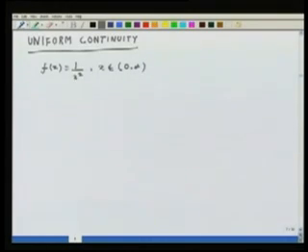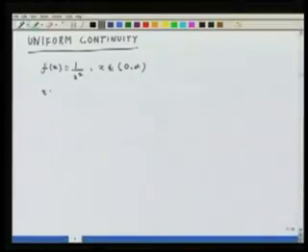Okay. I certainly cannot include 0 in the definition because 1 by x square will not be defined then. What I want to check is first that this function is continuous at every point of 0 to infinity. And to do that, I will try to show that given epsilon there exists a delta. I want to see how I find deltas, and how delta depends on epsilon, x or whatever. So choose a point x equal to x naught